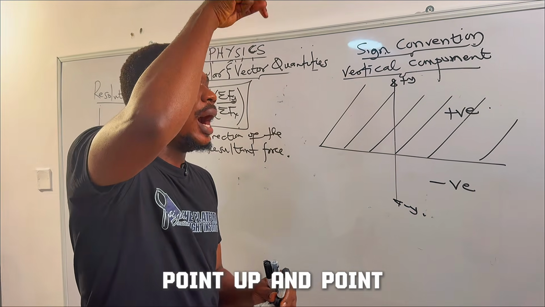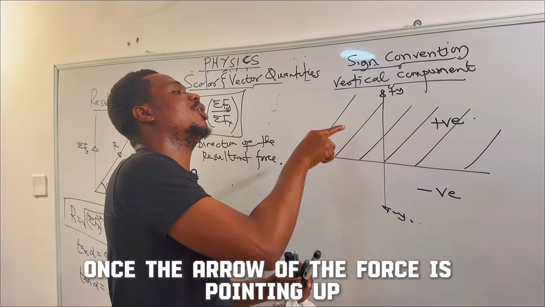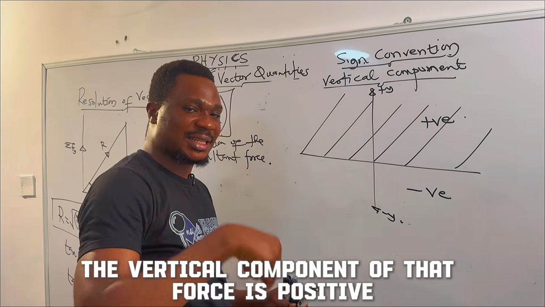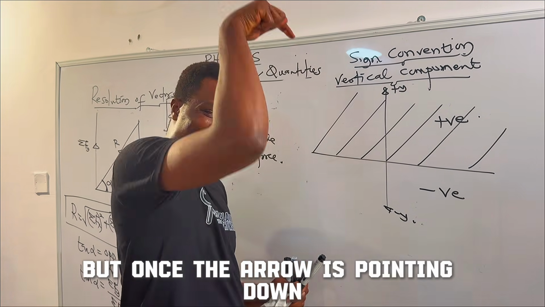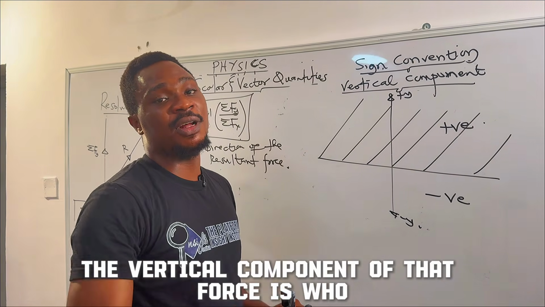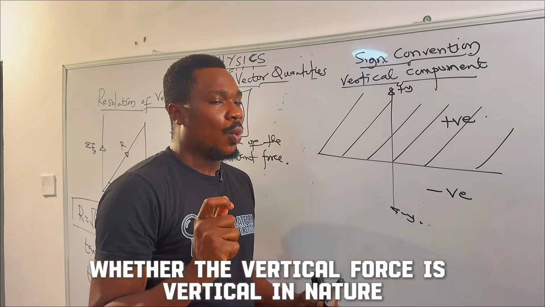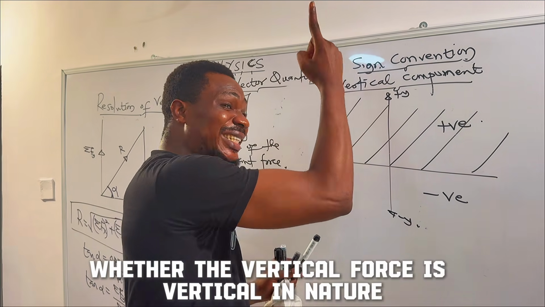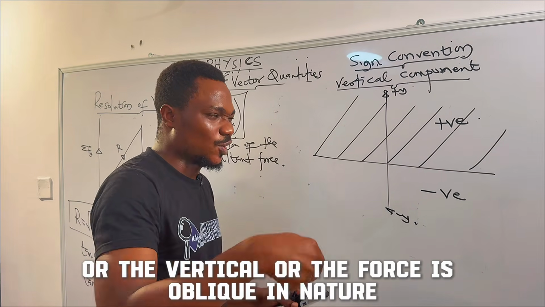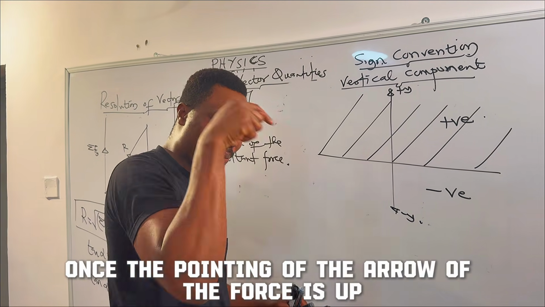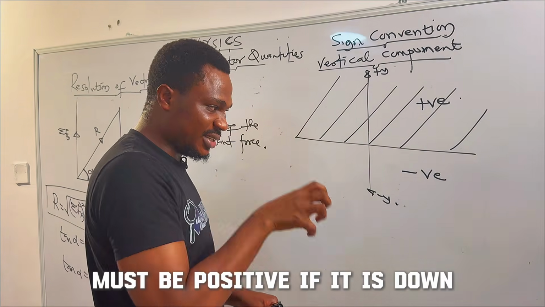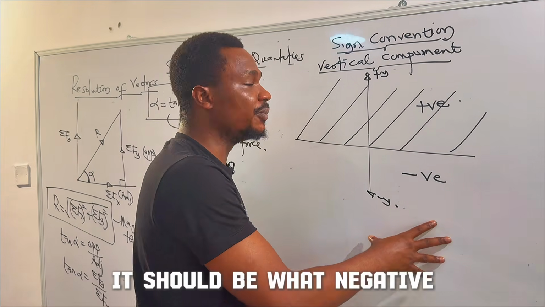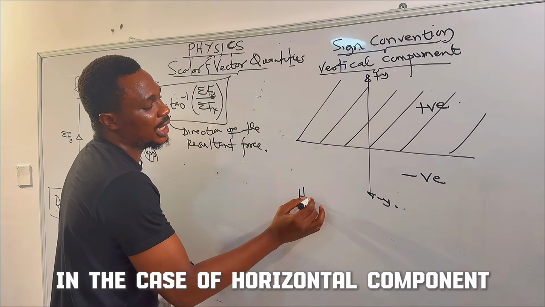Once the arrow of the force is pointing up, the vertical component of that force is positive. But once the arrow is pointing down, the vertical component of that force is negative. Whether the force is vertical in nature or oblique in nature, once the arrow of the force is pointing up, it must be positive. If it is down, it will be negative. In the case of horizontal components,